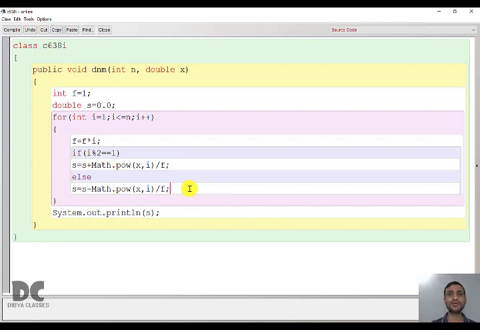This is the easiest way to do alternate positive, negative. There are many more ways you can do it, but this is the easiest method to change the sign alternately. First positive, then negative, then again positive, then again negative, like this it will go on. So if it is odd, you have to add, and if it is even, then you have to subtract. Our program is done. It is so easy.